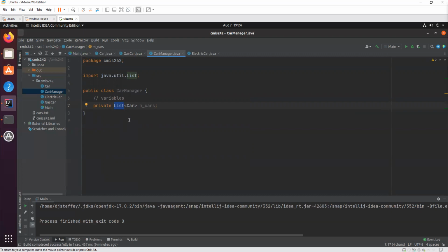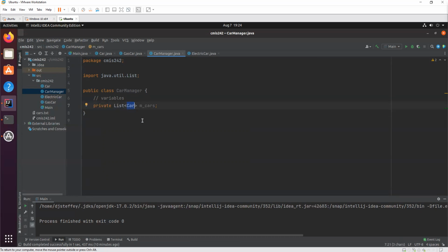And for our car manager, you can think about this as all the cars that are on the car lot. We have these less than and greater than signs. And inside of here, you're going to put the Java type that is in that list. So the type of object we want to store in the list is a car.